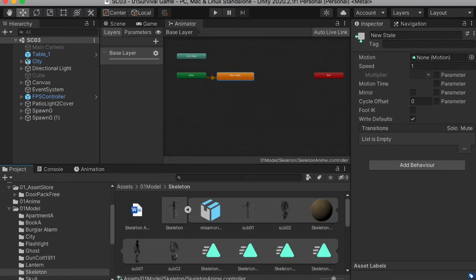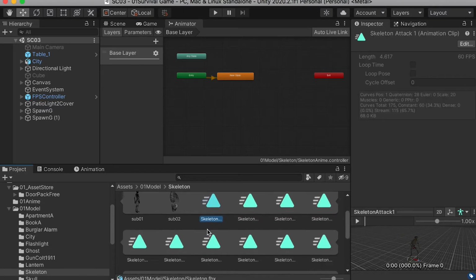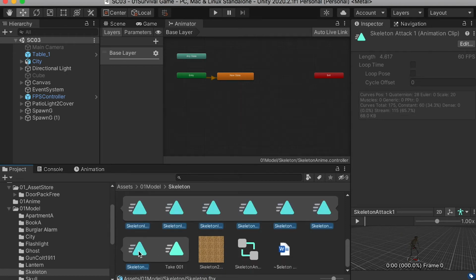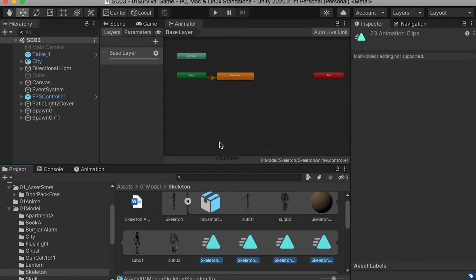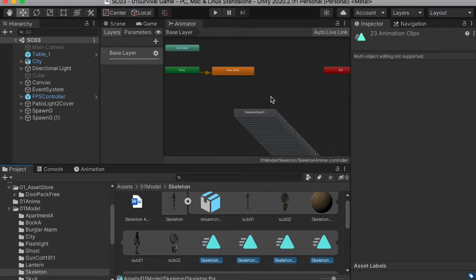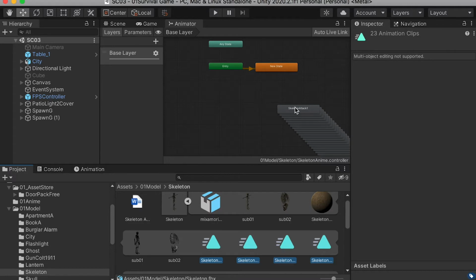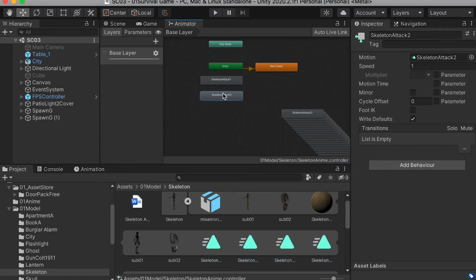Alright, now let's go to the model and select all of the animation clips you created. Don't select the take one, because that is the default animation, it has all of the frames. We'll just select the clips that we created and bring all of them here, and then you can organize them. So attack one, I will put in this column, and death animation,